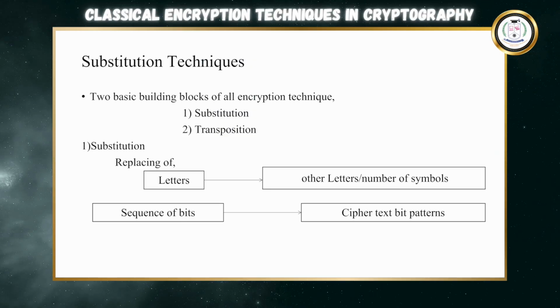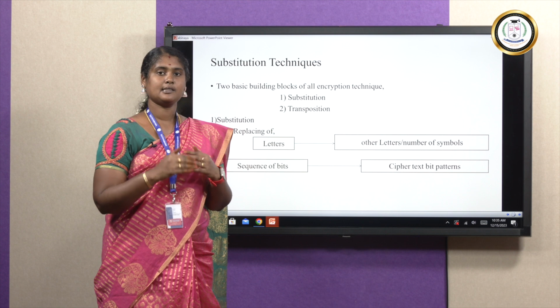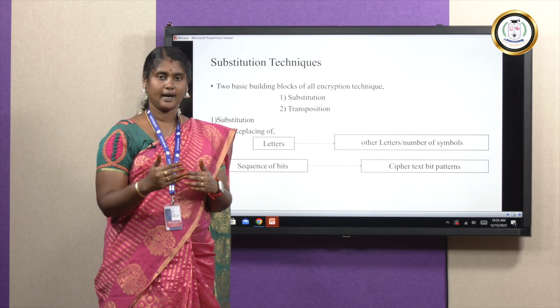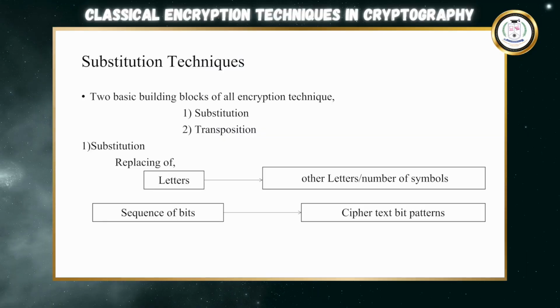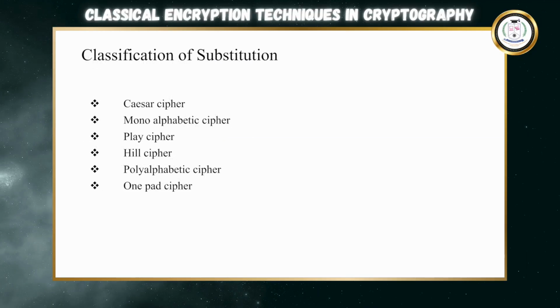In substitution, instead of your original data, you substitute any other different data. In transposition, you just rearrange the data you have and convert it into encrypted data. So here we have two types. Now, in the classical substitution model,